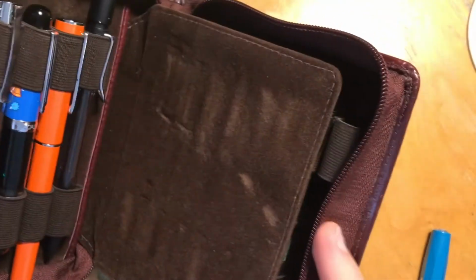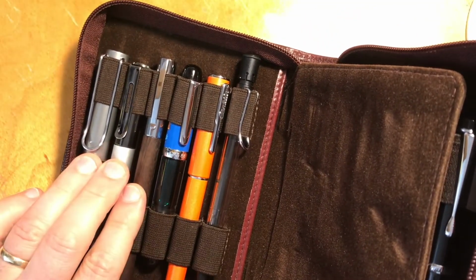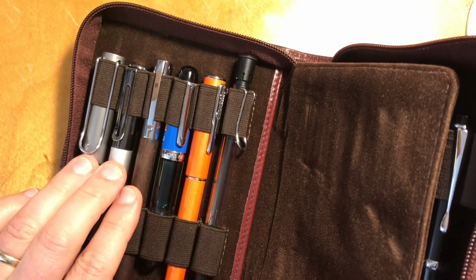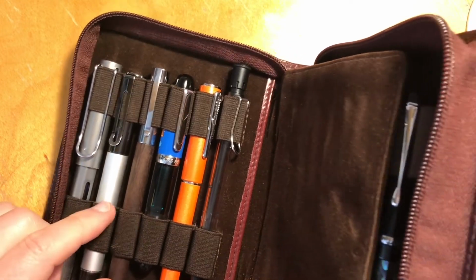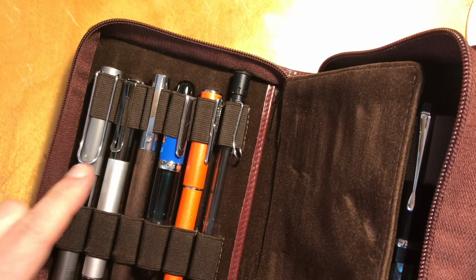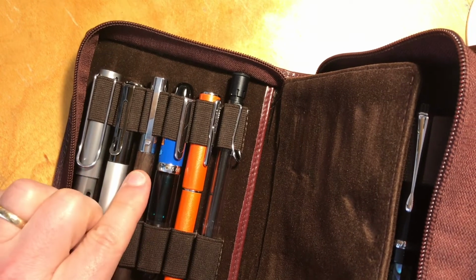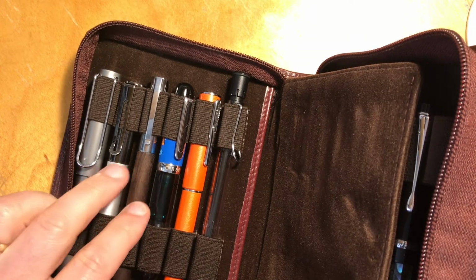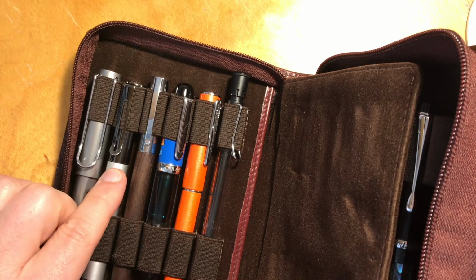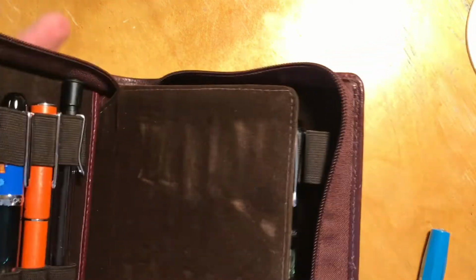So in my set of pens, I have 2 sets basically. These 3 right here are a set that I use to do my cartoons that I watercolor. So I've got an extra fine, a 1.1 millimeter nib, and a 1.5 millimeter nib right there. So that's a Faber-Castell, that's a Monteverde Ritma, and that's a Lamy All-Star. On the other side,